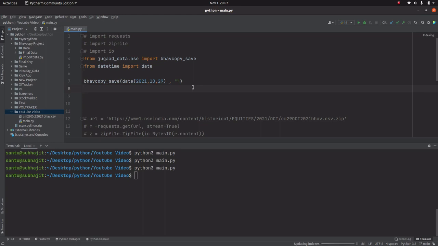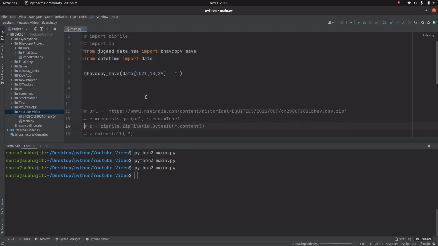In the third method we have to use the module that is Jugaad Data. But if you don't want to use any module, just directly want to download the zip file and unzip it and save the CSV file into the drive, then second method is the best way to do that.